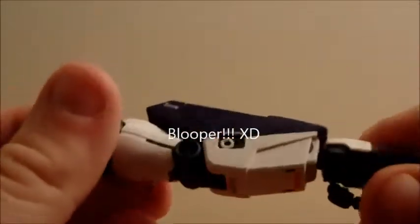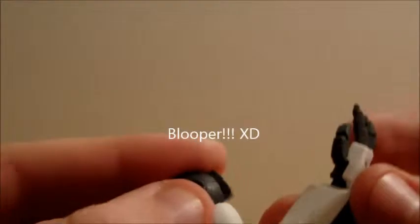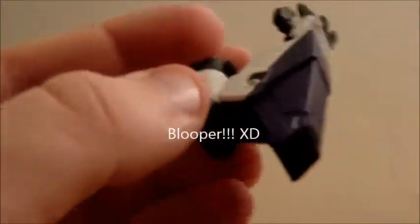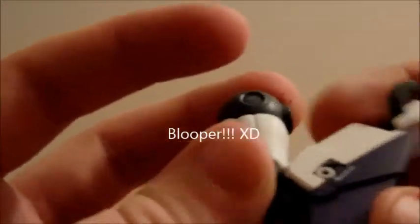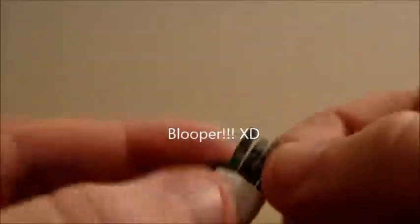So of course you're going to be getting 2 arms with this guy. In terms of movement, you got the ball joint right here, and you also have the little peg that'll move up and down. Bending is no problem for this thing. You're going to have a really nice bend. I'm going to be reviewing both of the arms because each arm does look different, and I will explain why it does. But really nice movement on this thing, and of course with the Master Grade,